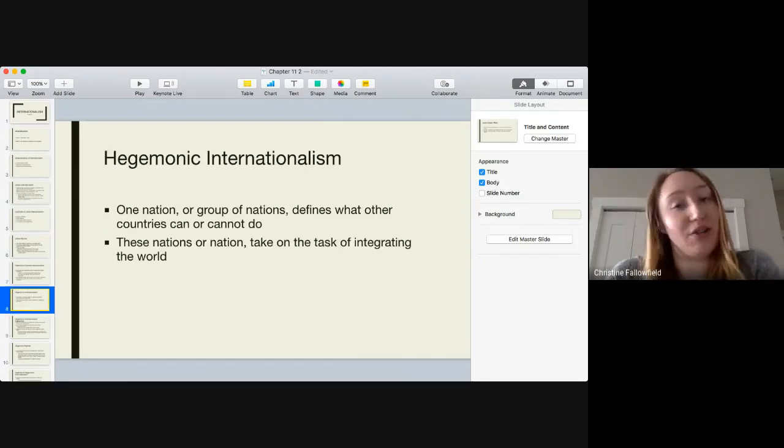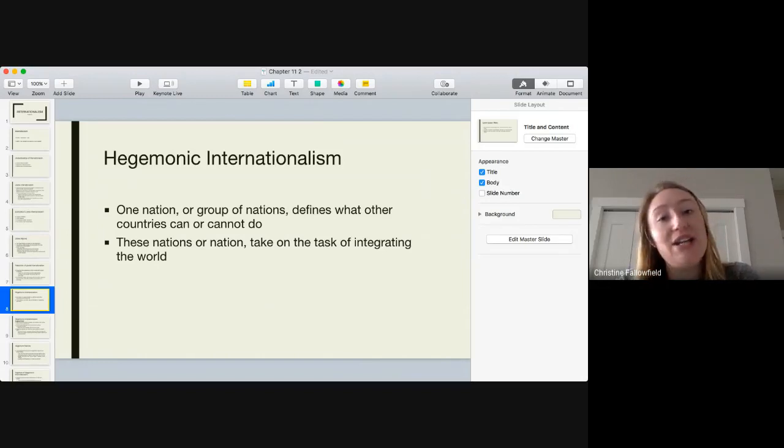Our second internationalism type we're going to talk about is hegemonic internationalism. Now, you might have heard this word in Social 10, and realistically the best way I can describe it is kind of like an international bully. It's someone that pushes or defines what other nations can or can't do. And while nations can be sovereign and self-determining, the hegemonic form of internationalism pushes one nation's ideas, values, or agreements in a way that would benefit that more powerful nation.